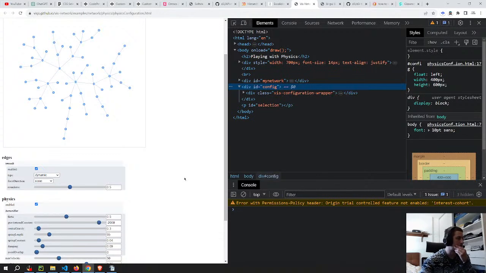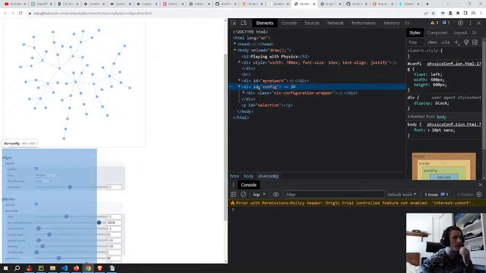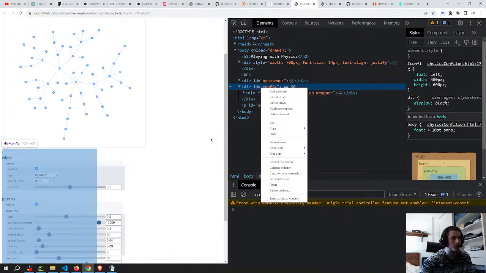I wanted to stream for 3 hours today, and it has been 2 hours. I think I'm gonna take a break now, and I'm gonna study VisJS. And then what I'm gonna do off stream is just copy this. I don't know why I didn't think about this before. I can just copy this element and then put it there, and then I can change the CSS. It's gonna take a lot of time, but